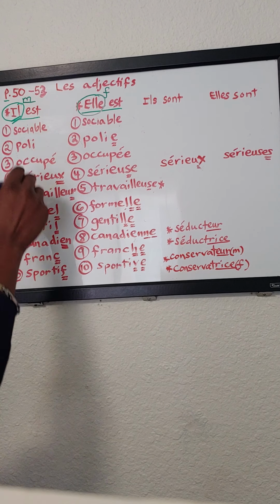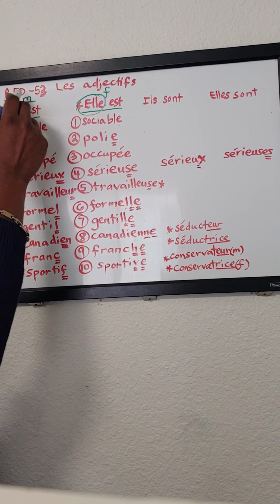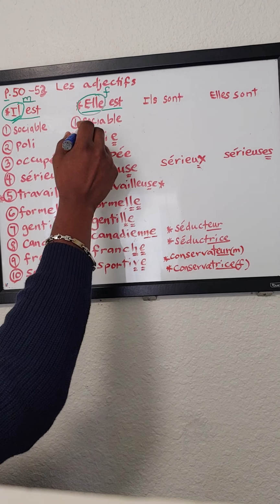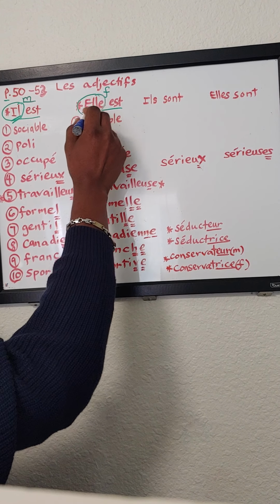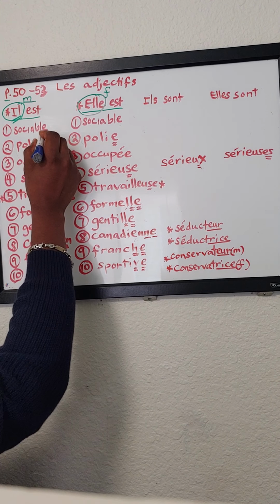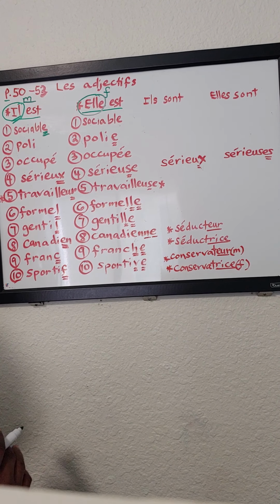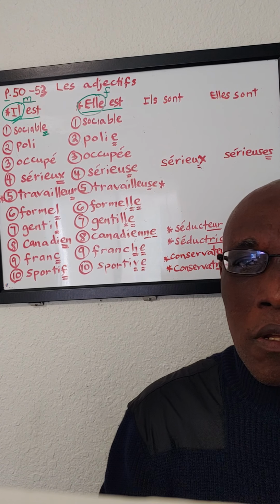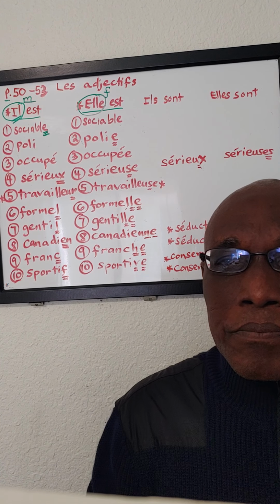These are the adjectives formed for the masculine singular people or singular things. Alright? And here we have the feminine adjectives for feminine singular things or feminine singular people. Now, let's begin with adjectives that have e's in their masculine form. If the adjective has an e that is not pronounced, the same adjective form will be used for the feminine singular